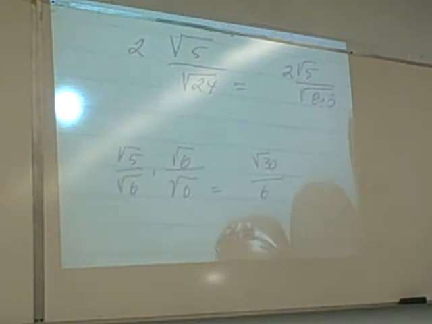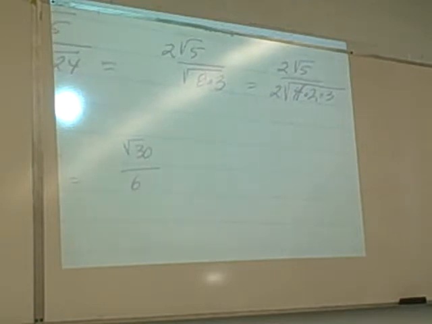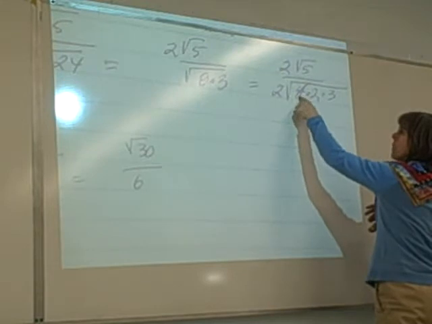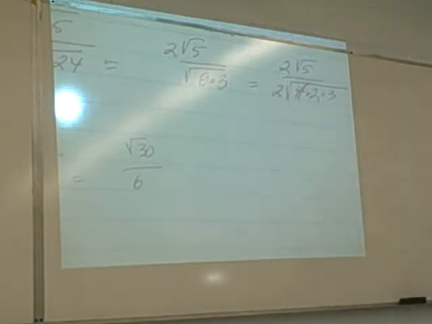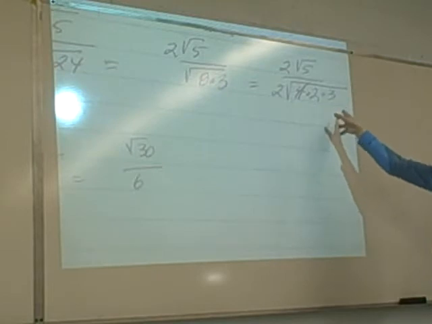I had done, as I said, 8 and 3, and I refactored that again, the 8, and I ended up with 2 rad 5. My 8 became 4 and 2. I had a square number that came out, and I was left with 6. So those of you who had used 6 and 4, you would have ended up with a 6 as well. Okay? Everybody good so far? All right, so now I have 2 rad 5 over 2 times